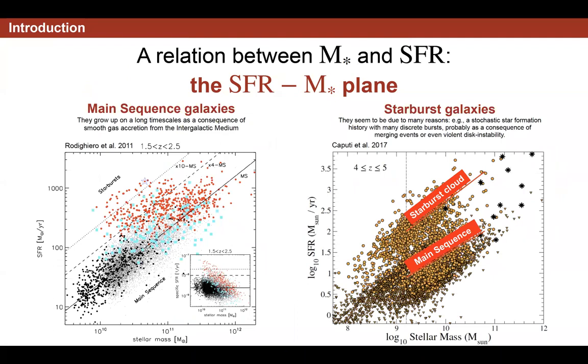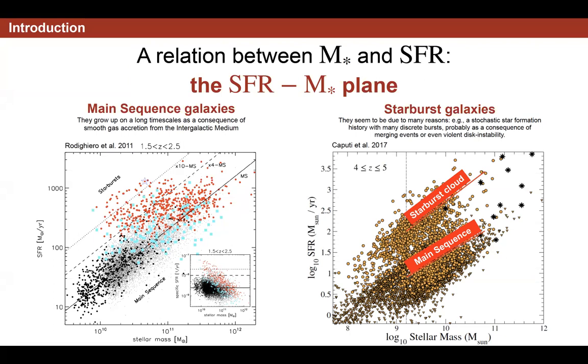However, in the last 10 years, other properties have been observed in the star formation rate stellar mass plane. Firstly, Rodighiero and collaborators at redshift between 1.5 and 2.5 demonstrated that starburst galaxies account for only 2% of the total sample they studied in that range of redshift. At the same time, these galaxies account for only 10% of the total star formation rate density. So basically, they demonstrated that the presence of these galaxies is negligible in the context of cosmic